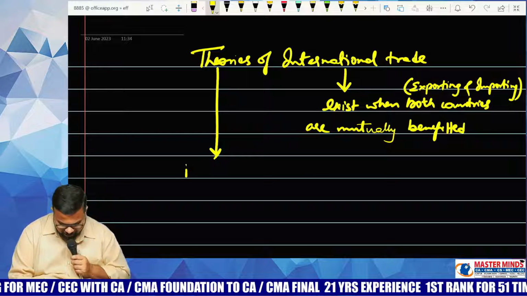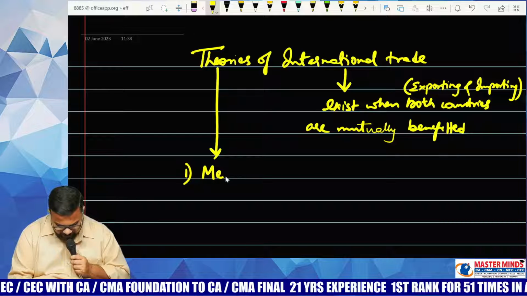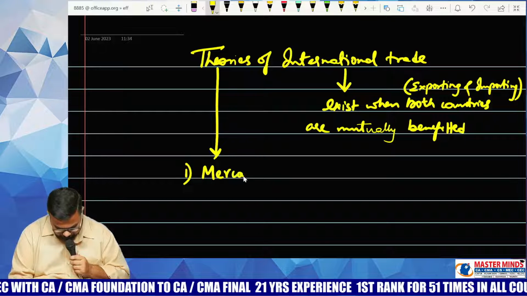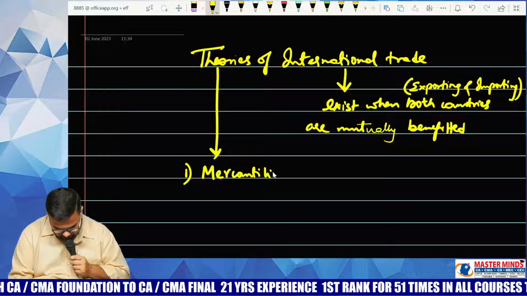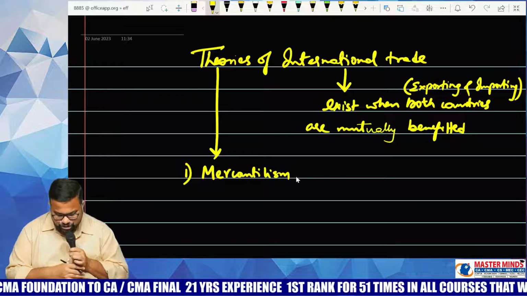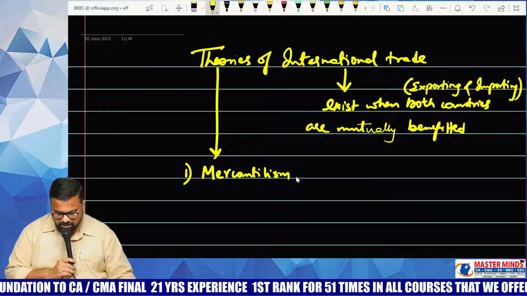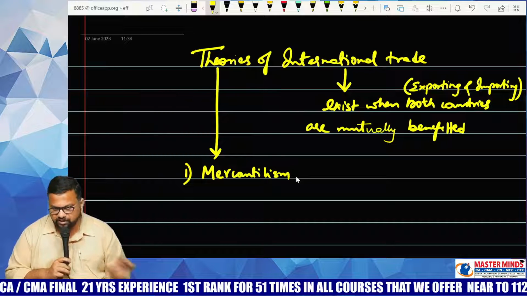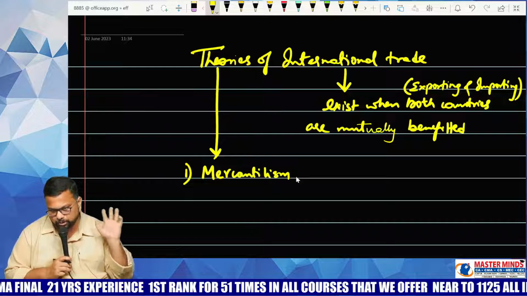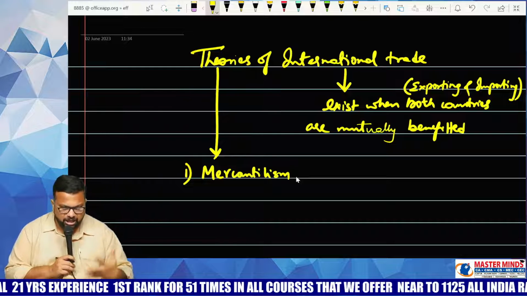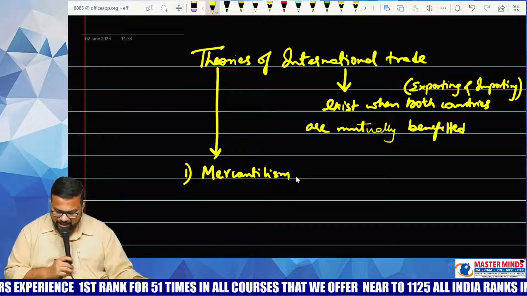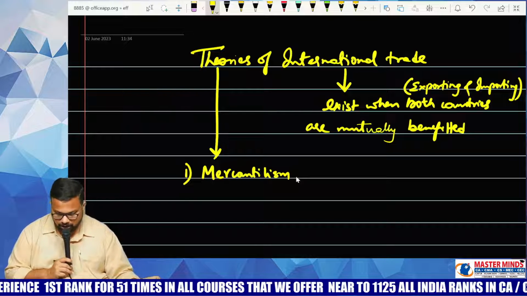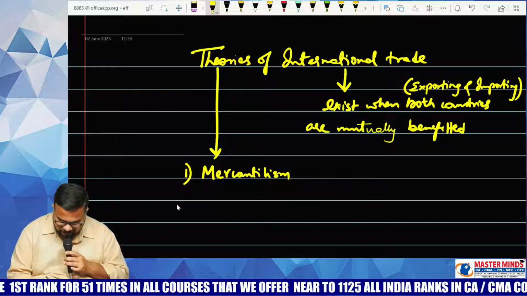The first theory is called mercantilism. In fact, it is not a theory, but it is a principle which countries used to follow. This theory was not given by any particular economist. It's a principle which countries used to follow. That is mercantilism. This theory is based on